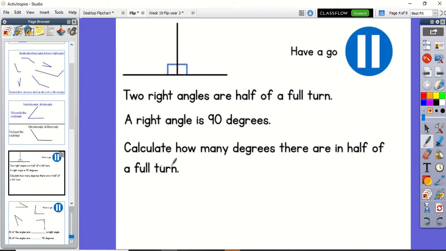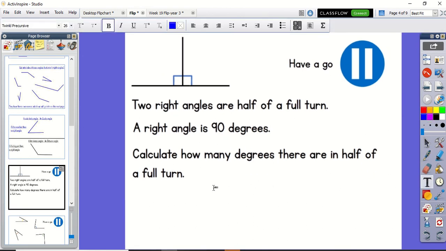Now then, two right angles, as we know, are half of a full turn. A right angle is what we call these degrees. Okay, so a right angle is 90 degrees. How many degrees are there then in half a turn? If 90 degrees is a quarter, how much is a half? Well, to find out, we do 90